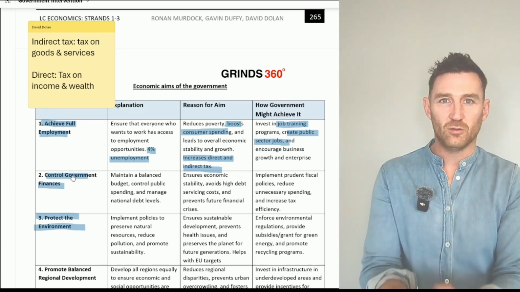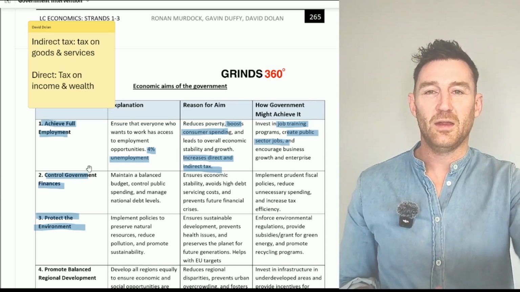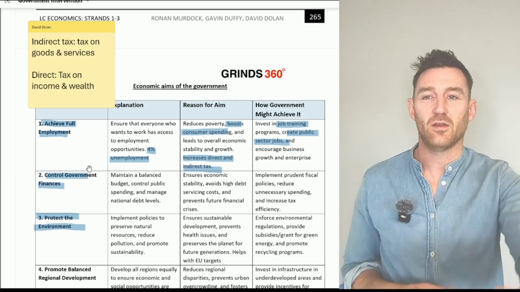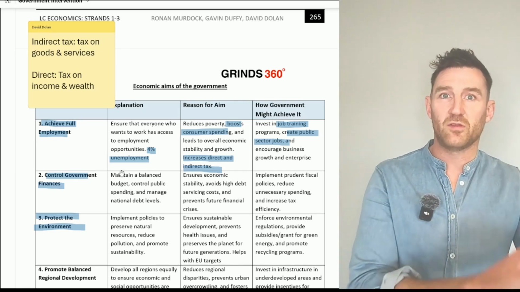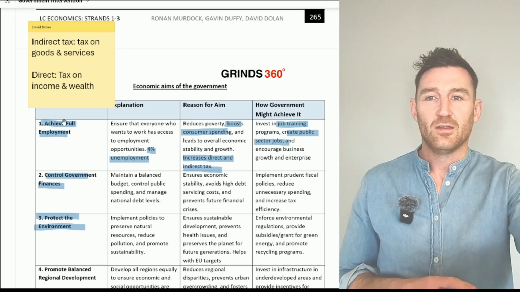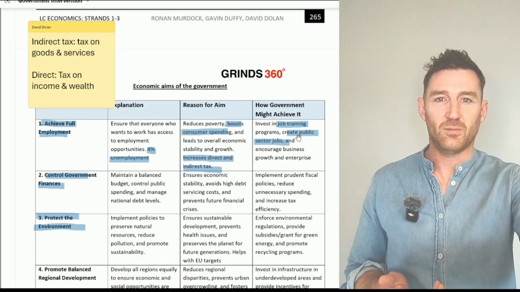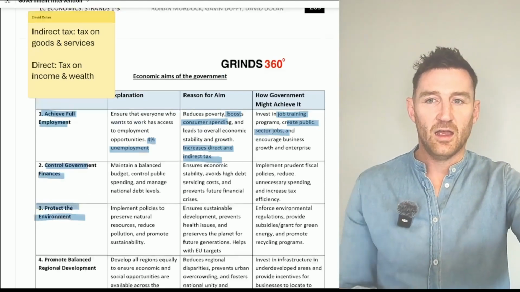I mean, it's harder to achieve a balanced budget if you're spending money. So it means that they've got to get money to spend from somewhere. So it either involves increasing borrowing or taxation or stopping spending on something else, right? So those 2 are definitely at odds with each other, because if you're spending money to achieve full employment, that makes it harder to achieve this.